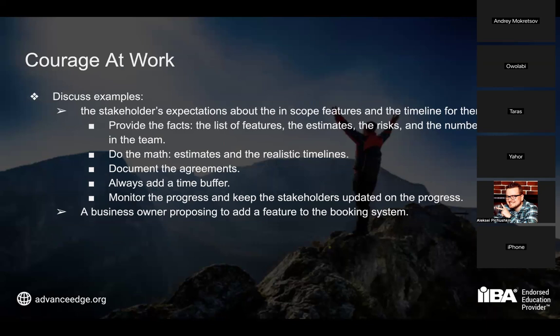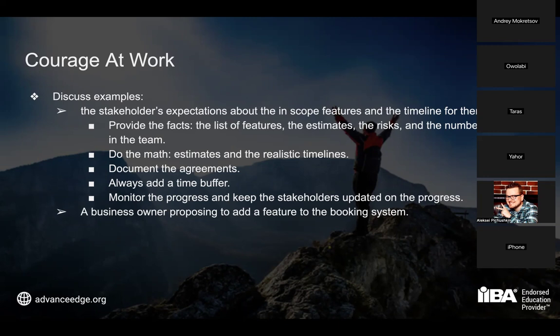So when you discuss this, you tell them, well, this is the list of features that you want to be delivered by May the 1st. We have only 2 months. These are the team members that we have. This is how many hours they can produce within the 2 months. These are the estimates for those features that you want to get. These are the integrations that have to be completed, and there are dependencies between the features. We cannot start working simultaneously on everything, and adding 5 more team members will not help. It will even do worse for the project.